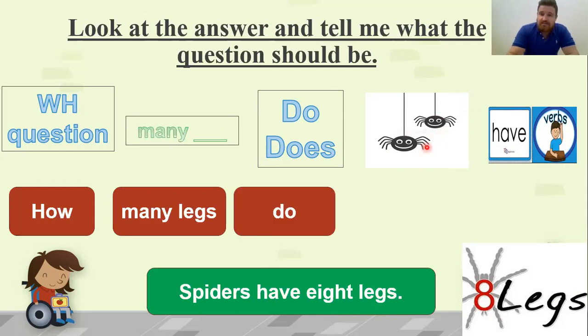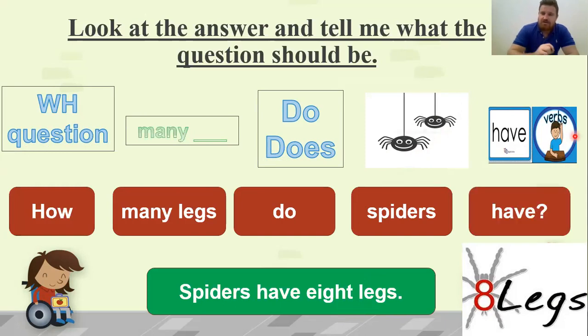Spiders. So we say do spiders have with the question mark. How many legs do spiders have? And the answer is spiders have 8 legs. Okay, so we should know that question because Teacher Shelter asks you all the time, how many legs do insects have? How many legs do spiders have? How many legs do people have? Okay, so